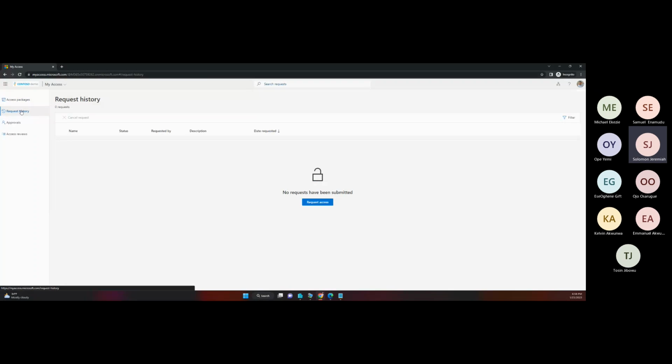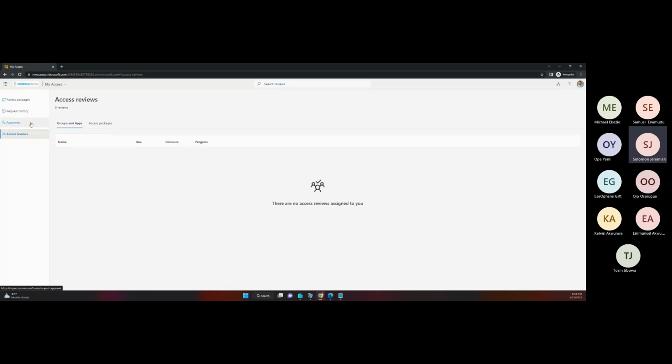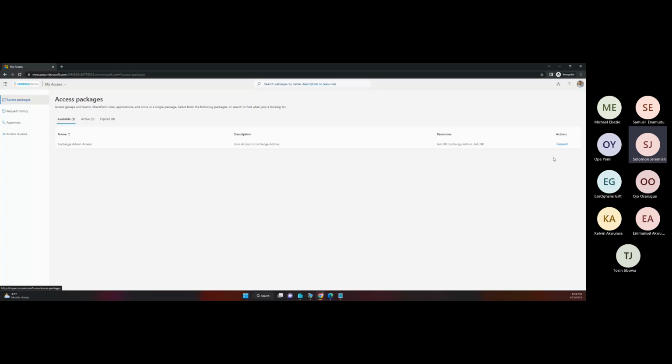We have the request history, nothing is showing here, approvals, nothing here, access review, nothing here, right? So when we did our access review, we saw this. But this is where we're focusing on now. So I will click on the request, right? So once I click on this request, what is the justification? I will just say I am the new exchange guy